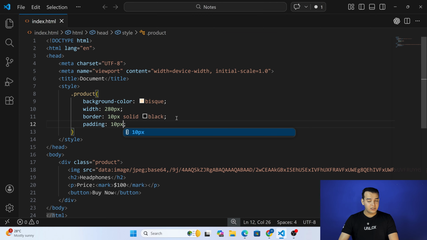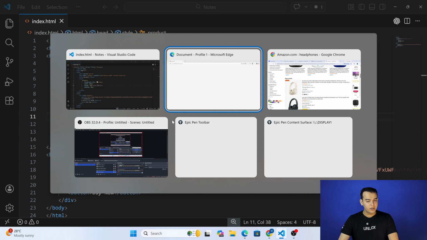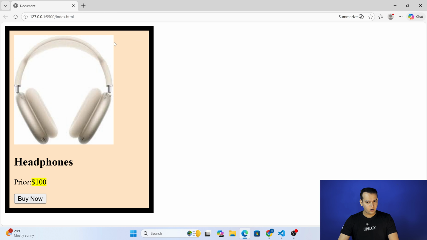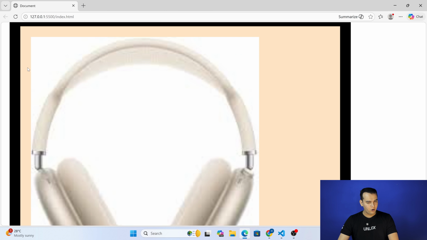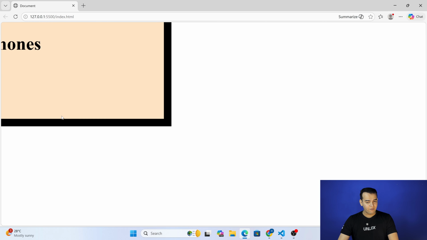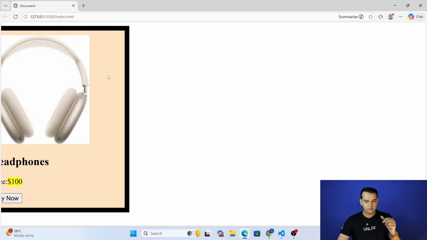Now we have to see whether it is only adding the space in one direction or all the four directions. So by default, padding will add a space from all the four directions. As you can see this, now I have a space on the top border, left border, and the bottom border as well, along with the right border, because right now I have enough space, so I'm not able to check the